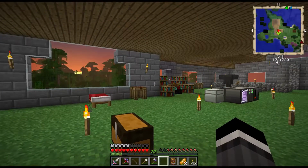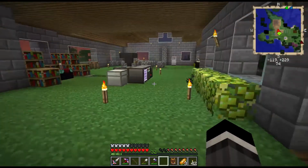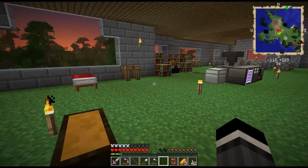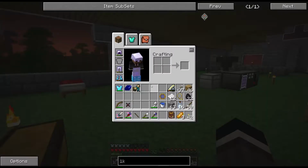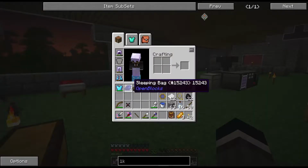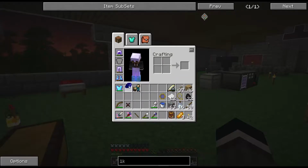Thaumcraft, yay! Alright, welcome back for another episode of Magic Farm 2, where I am going to be working on Thaumcraft in just a moment. I am getting ready to sleep, and I was going to use a sleeping bag, and I tried it again, and my armor popped off and fell on the ground again. And then I figured out you're actually supposed to put the sleeping bag on,